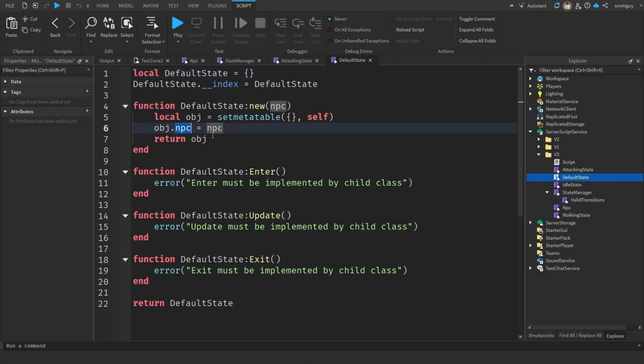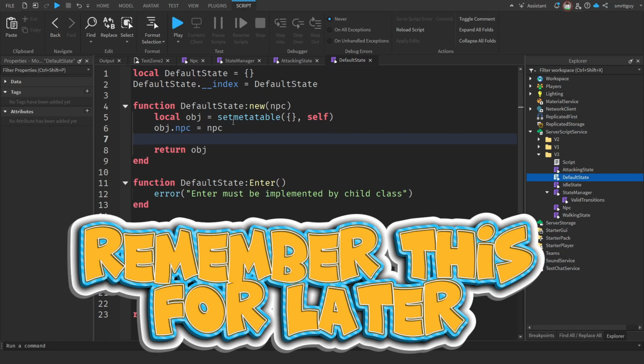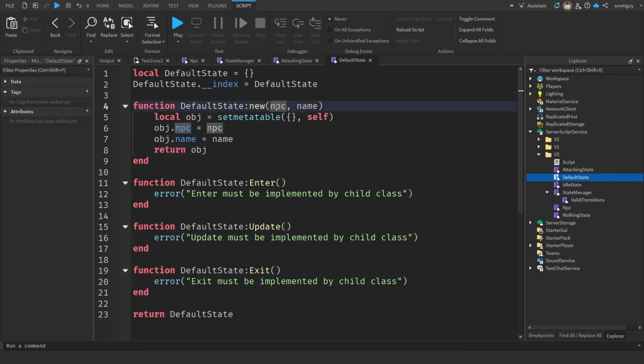I've just noticed I've got a lowercase there. I usually like to do uppercase, but there you go. We'll stick with lowercase for now. And in here, we will add name. Now, what this means is our default state is not only just accepting an NPC, it also requires the name,